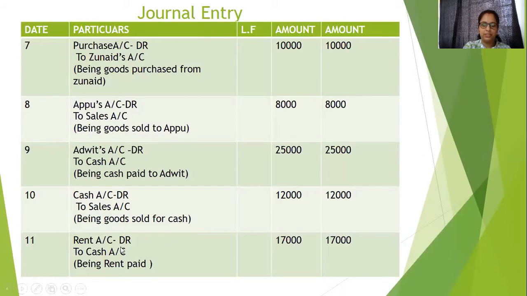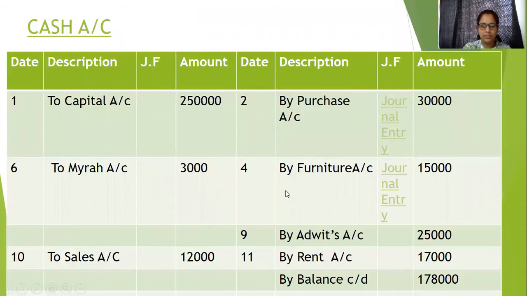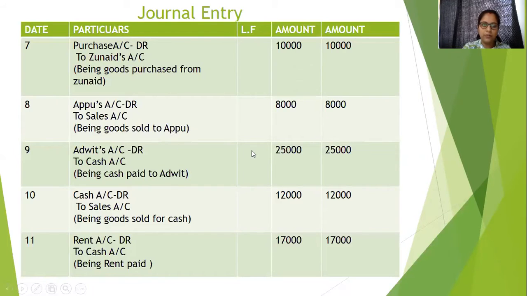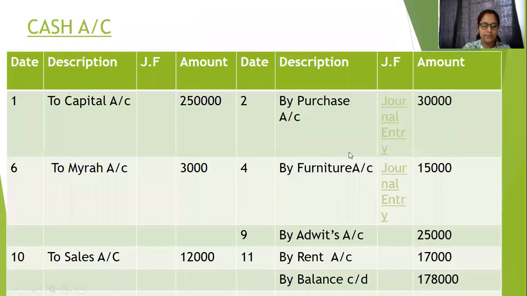This is expenditure. So in the credit side, as it is, because for cash, why it is credited? Reason is we have paid rent. So when we prepare cash account, we will write by rent account in the cash account ledger. Okay, so by rent account. So now all transactions are over. We have captured all cash related transaction in ledger account of cash. Okay, we have written why it is debited, why it is credited.